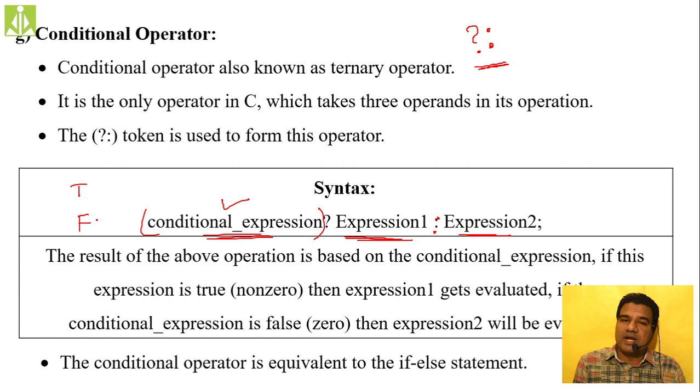With respect to your condition, there is no other state. Either it can be true or it can be false. You remember this one. When you are giving a conditional expression, it can be evaluated to either of these two Boolean values: either true or false.